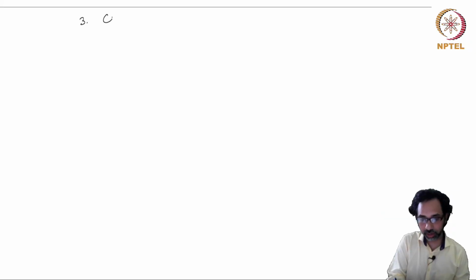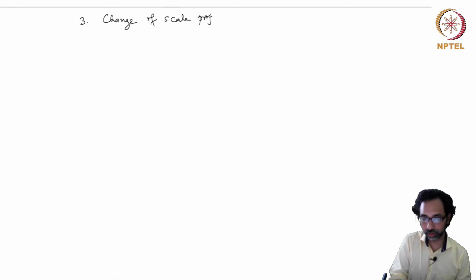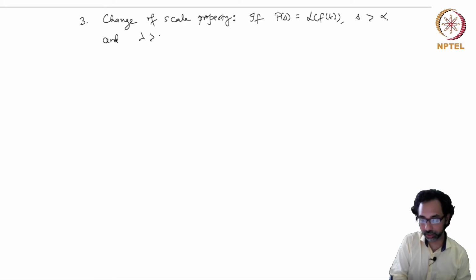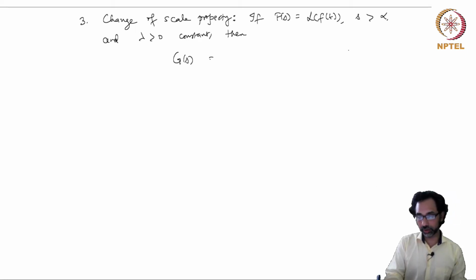Similarly, we can write the change of scale property. So if F(s) is the Laplace transform of f(t) defined for s greater than, let's say, alpha, and lambda is a positive constant, then the function defined by F(lambda s) for s greater than alpha over lambda,